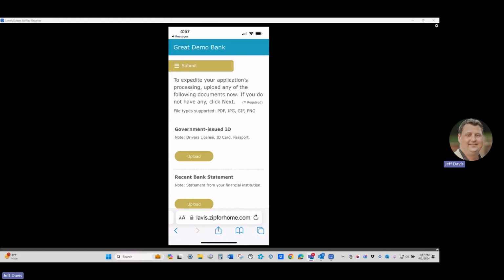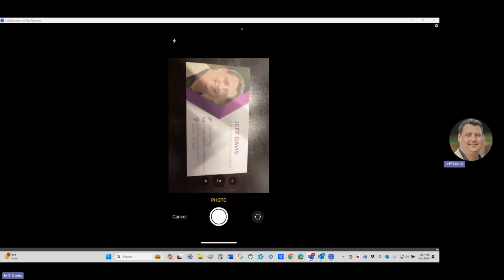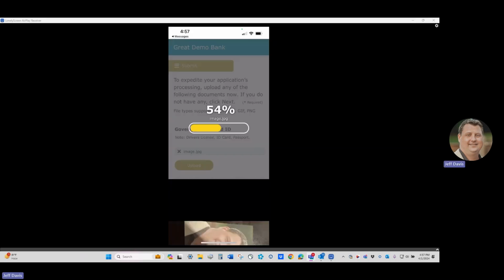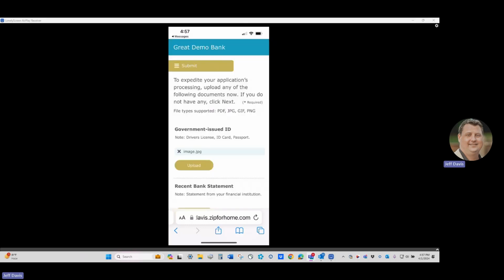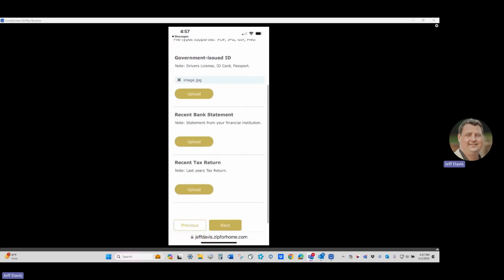And what's really neat, in my opinion, is that let's say the borrower is on their phone and they say, okay, they want my ID, and I've got it right here. So they click upload. If they're on their phone, they can select take photo, and then they can take a picture of their driver's license, or any document for that matter. And I mean, it's just super user friendly and convenient. They can upload that right up to you there. So now when we go to the next screen